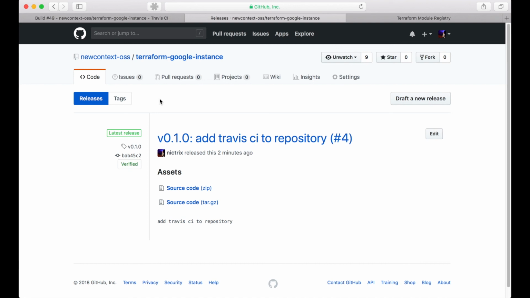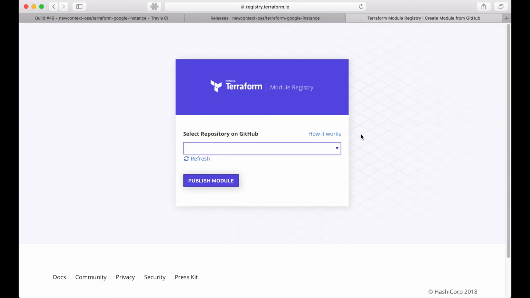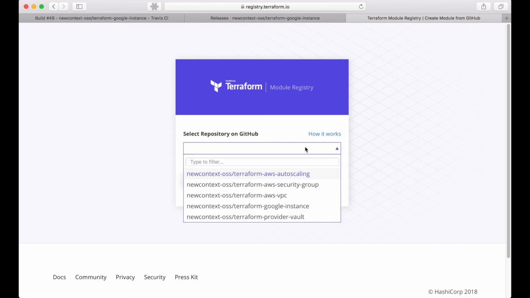The last item I want to do is publish our repository to the Terraform registry. The registry is a repository of modules written by the Terraform community. It's a great way to find examples and get started using pre-made Terraform modules. The Terraform registry uses GitHub authentication. I'm already logged in. So we can go over to the publish link, find our repository, Terraform Google instance,